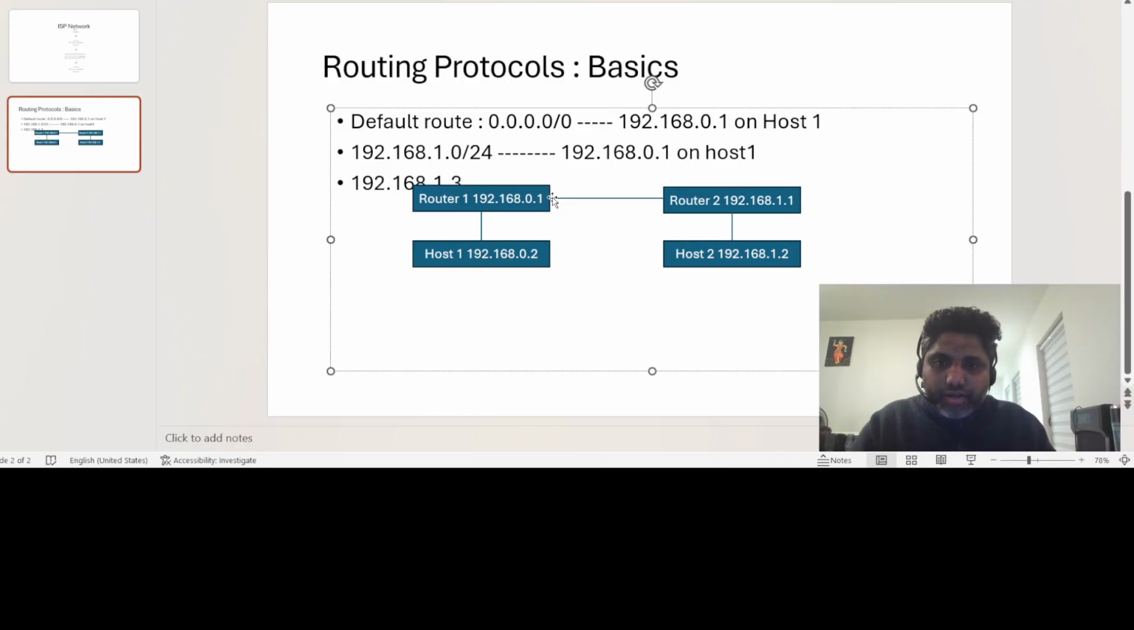Here automatically a route will be created saying to reach 192.168.1.0/24, use this interface. A dynamic routing entry will be created because we have set an IP address 1.3 on this interface. So that will be /24, which means it will create a dynamic routing entry here. So once the dynamic routing entry is created,